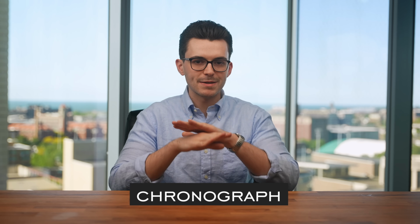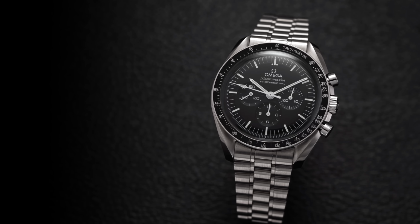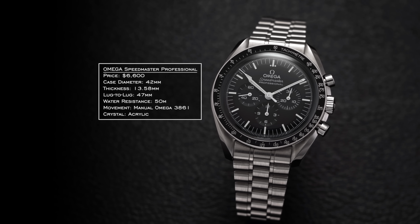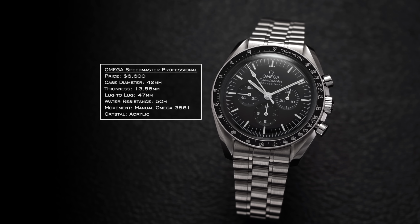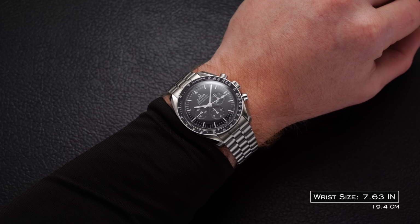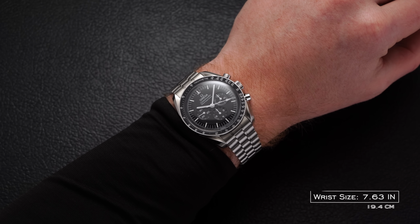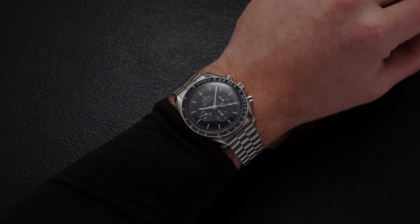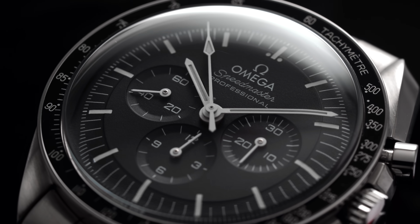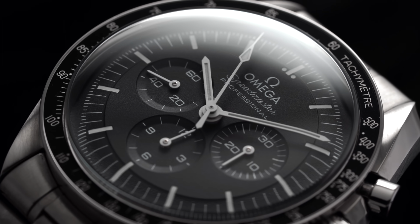And now we close out with chronographs. And for chronographs, we have to kick it off with one that is a simple no-brainer. That is the Omega Speedmaster, the Hesselite version. The Sapphire Sandwich is going to be more, but if you're going classic Speedmaster, the Hesselite might be the one for you. 42 millimeter case, thickness of 13.58 millimeters for the Hesselite version, and a lug to lug of 47 millimeters. For the dollar amount, I don't think there is a luxury chronograph that delivers more value than the Omega Speedmaster,